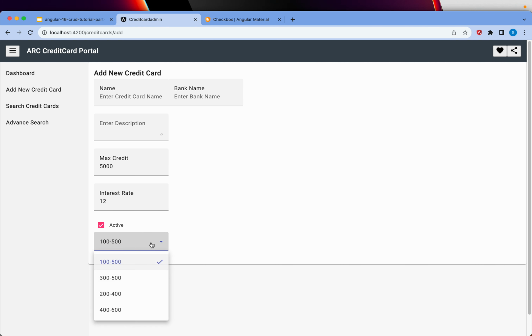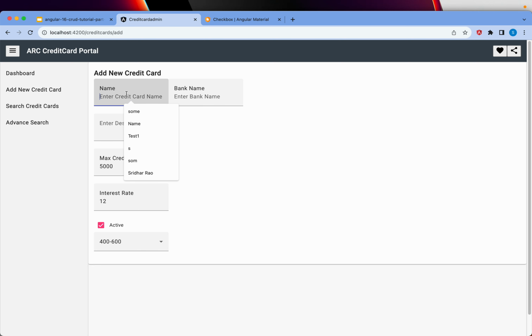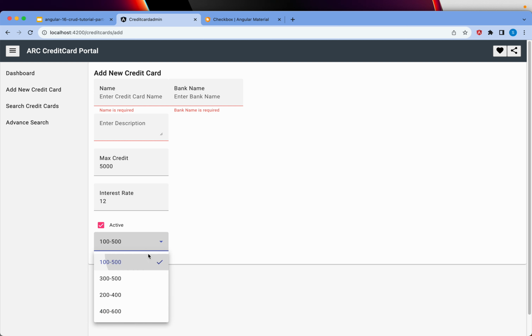Now when you go and select the drop down value, you can see now it's changing value from whatever user will select. Okay, so now you have the name, bank name, description, max credit, interest rate, active or not, recommended